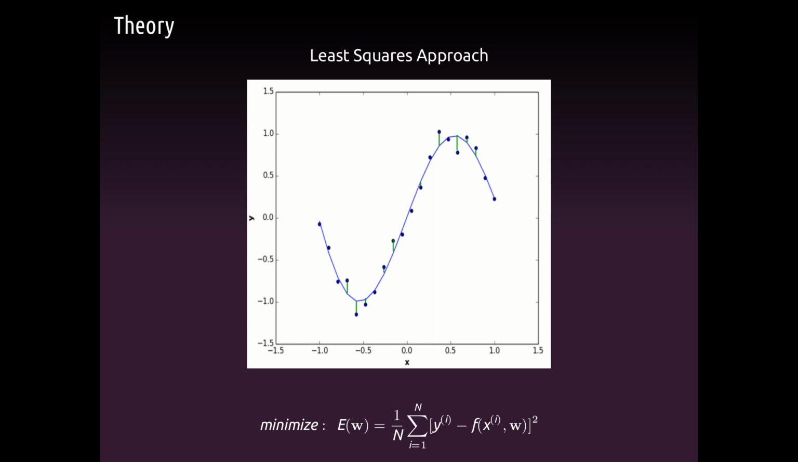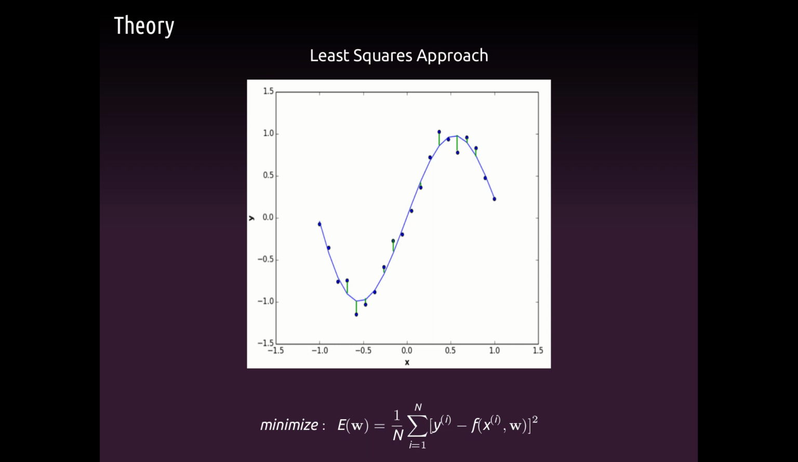And we compute the square of these differences, such that we can regularize between positive and negative differences, and we compute the average of all of these differences. So this is the function we are trying to solve in order to find the set of coefficients w that best fits this